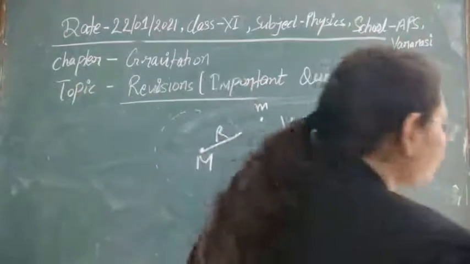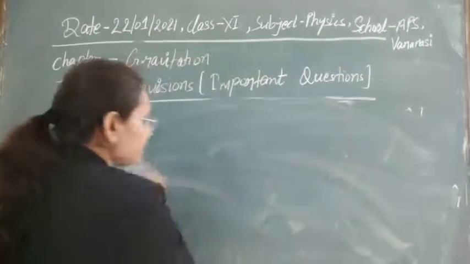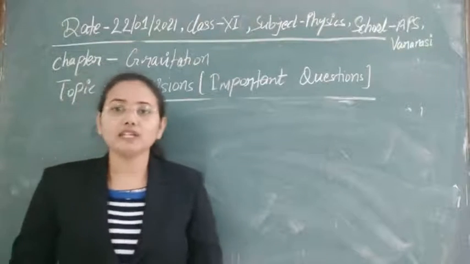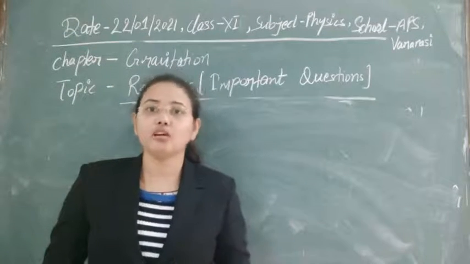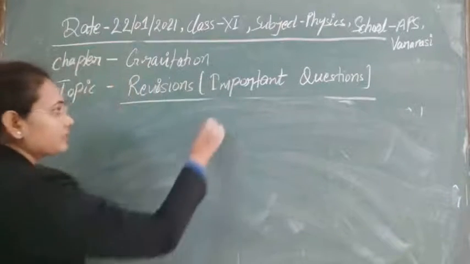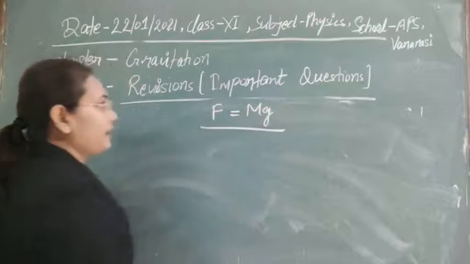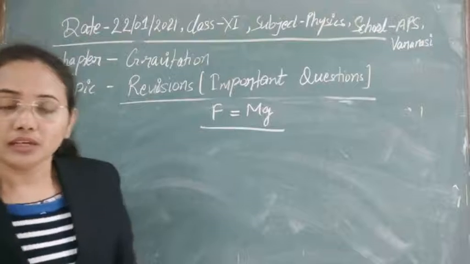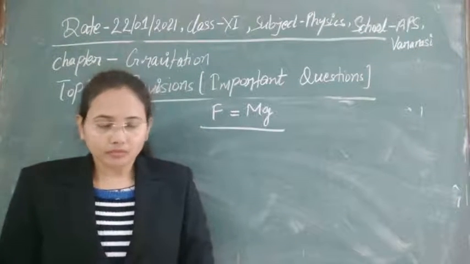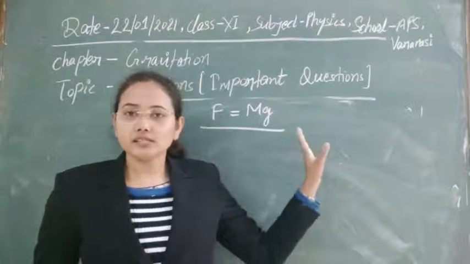There is a difference between these two things, students. You always just say gravity and write it as small g, but that is not okay. Gravity is the force through which the earth attracts any body, or any mass, towards its center. That force is given by F equal to m into g. Through this force the earth pulls any mass towards its center. Clear?